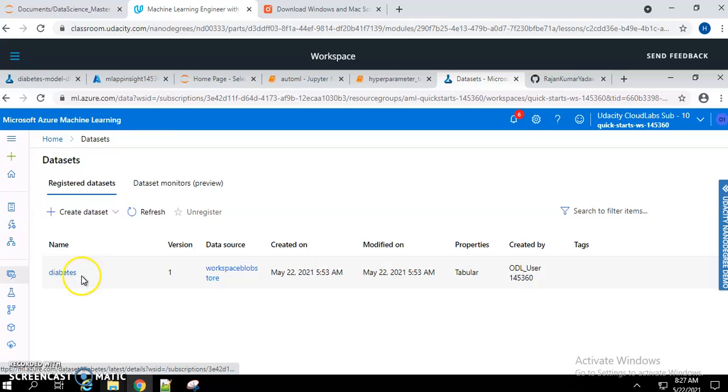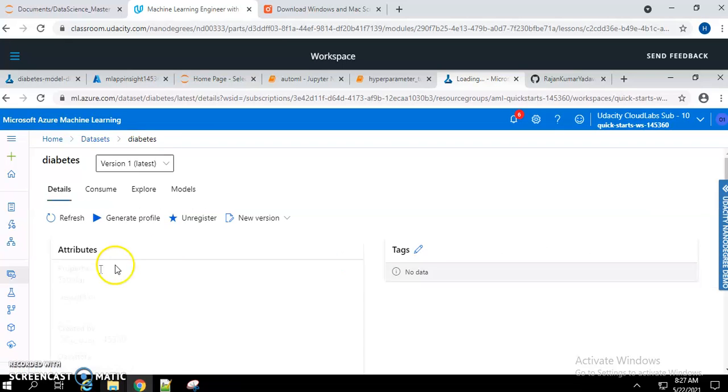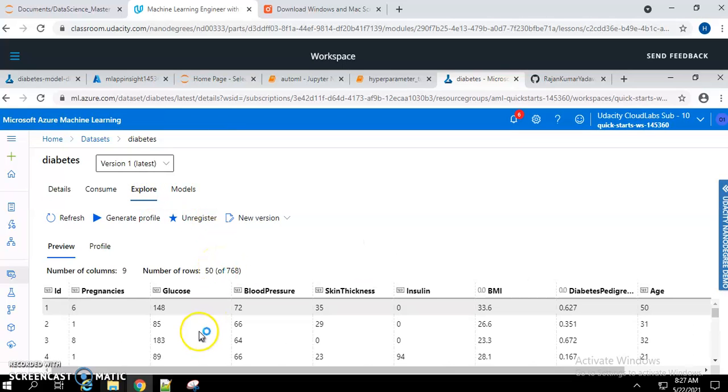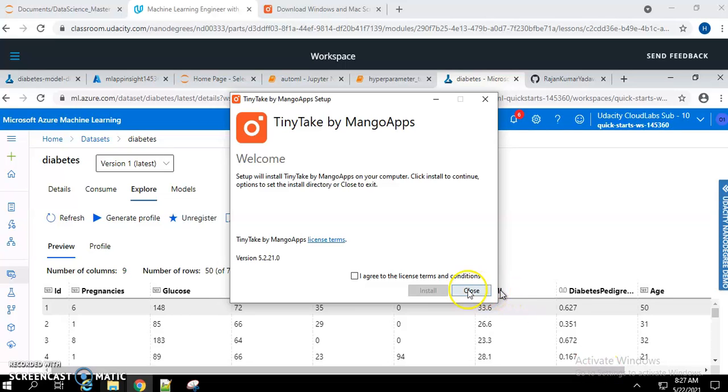Here I have downloaded the diabetes dataset, in which, if I go to the Explore window, you can see there are some independent variables as well as some dependent variable.